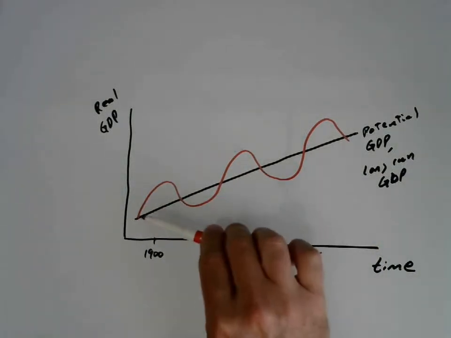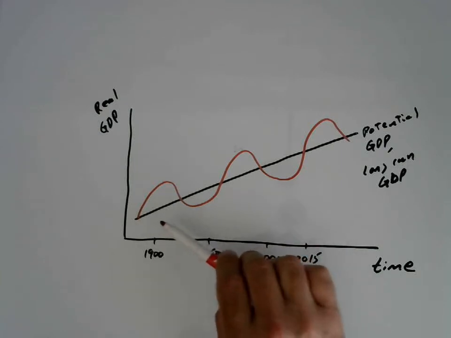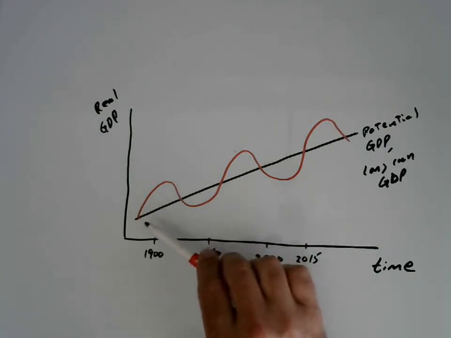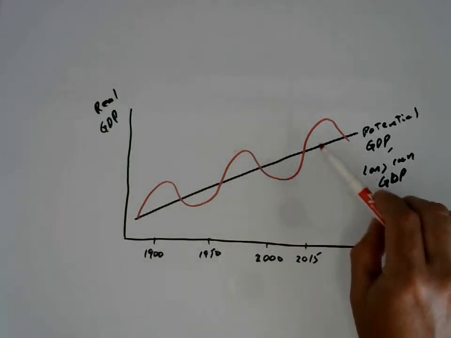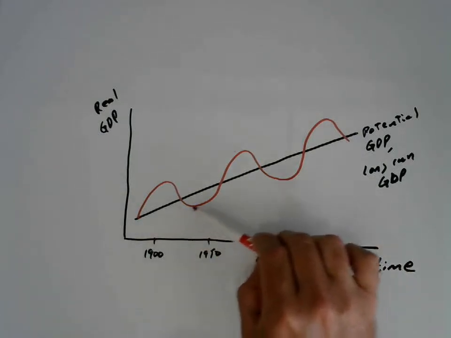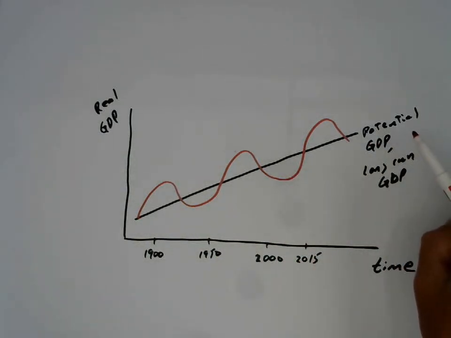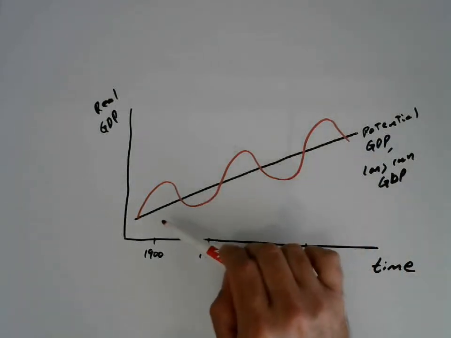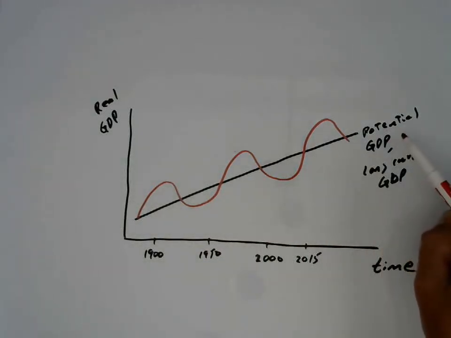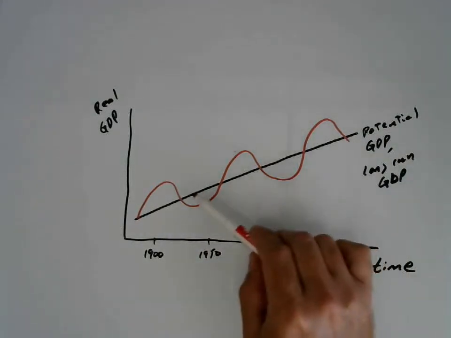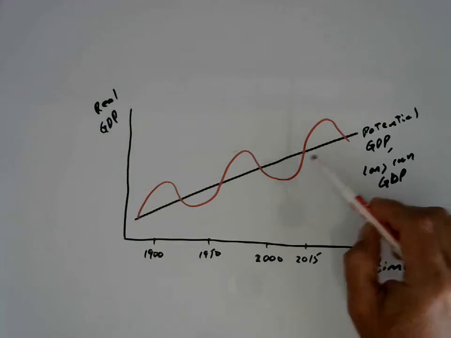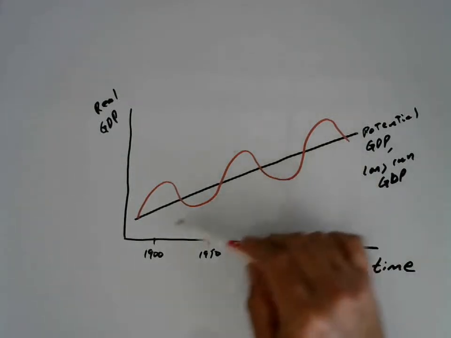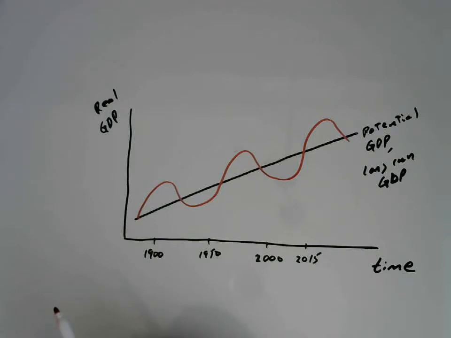And so what we have here then is the economy growing, contracting, growing, and contracting, growing, contracting, all oscillating around this potential GDP or this long run trend. Now, obviously, since the long run trend is upward sloping, it must therefore be the case that the expansions outweigh, so to speak, the contractions, or otherwise we wouldn't get a continually expanding economy.